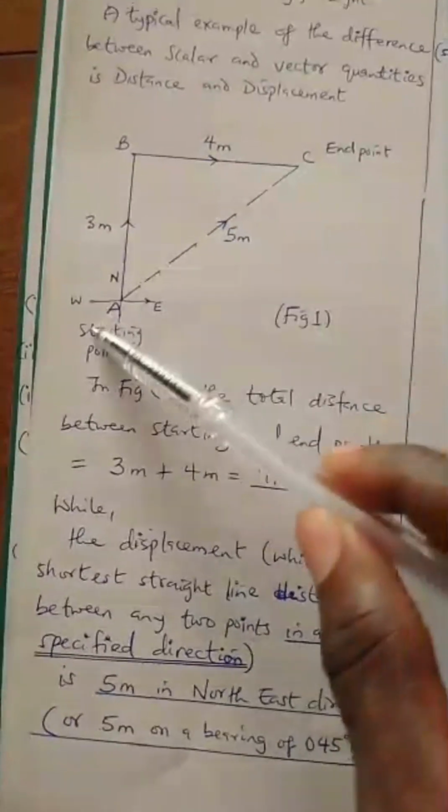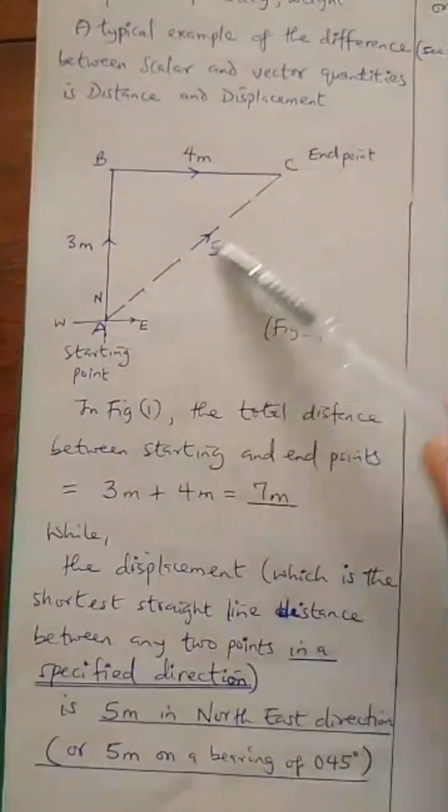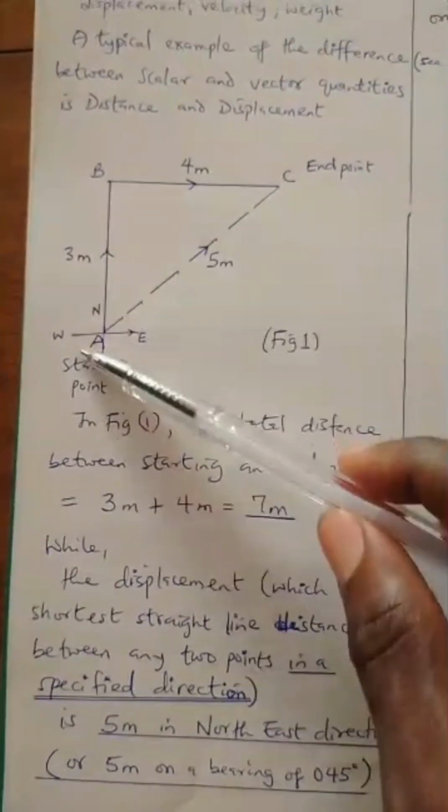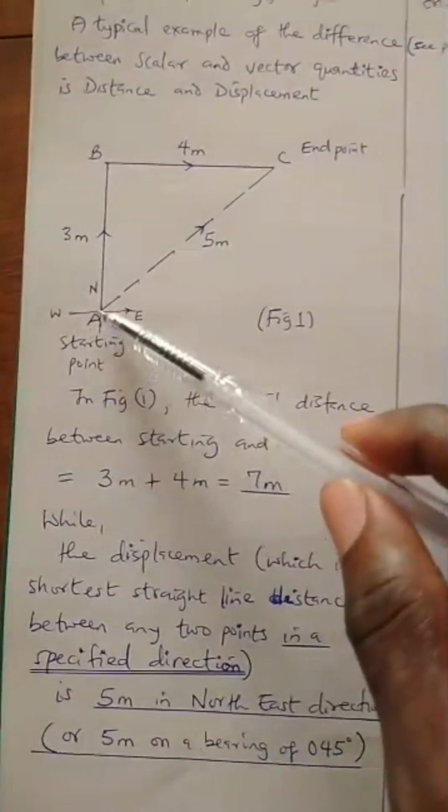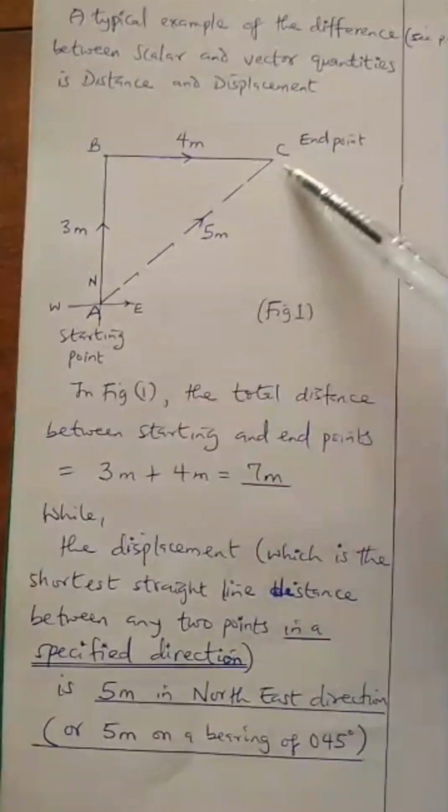So that's why we drew this line. You see it forms a hypotenuse. It forms the hypotenuse of a right angle triangle. So the displacement is from A to C. So you can just find the length of